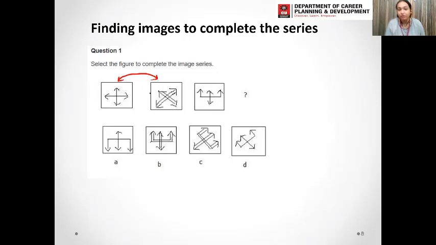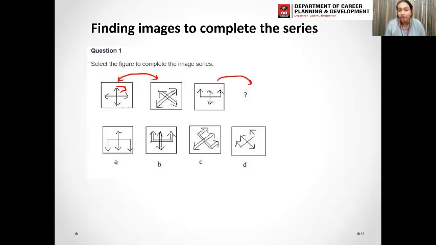How? In its next figure, they have just rotated the figure by 45 degrees, and all the lines except the arrows are doubled. Earlier we had one line, so this is doubled, this one line is doubled, and the arrows remain the same, plus the figure is rotated by 45 degrees. So we'll do the same thing at this point.